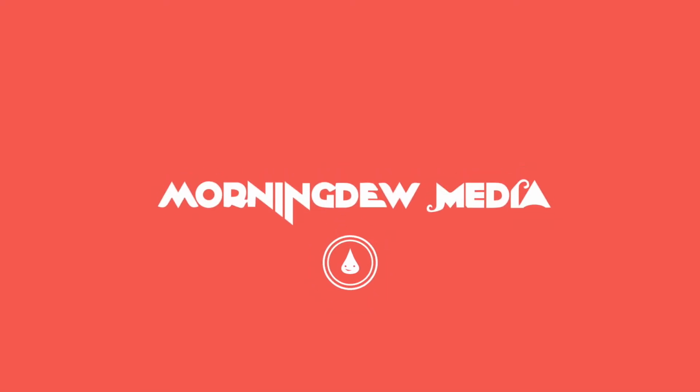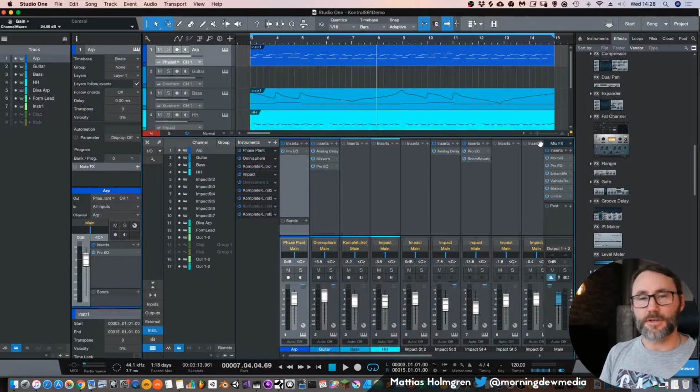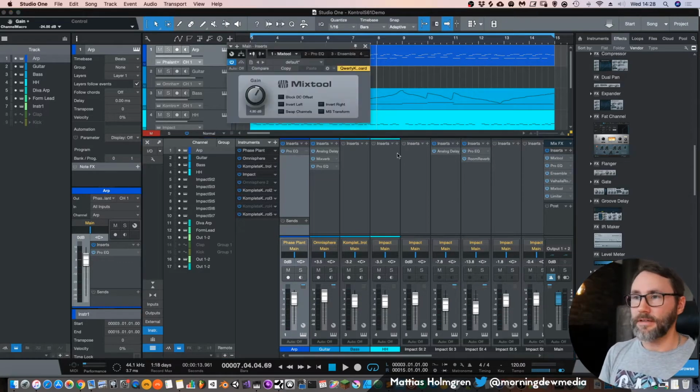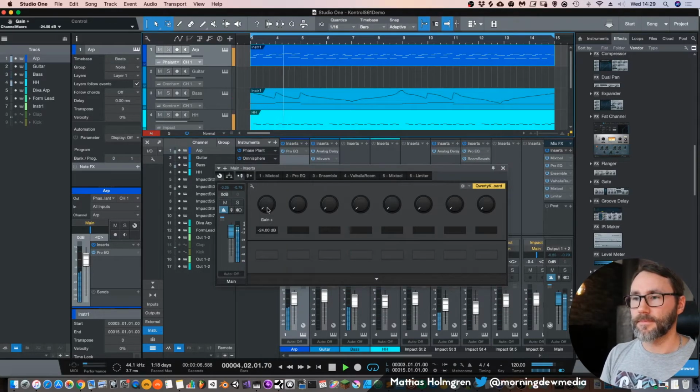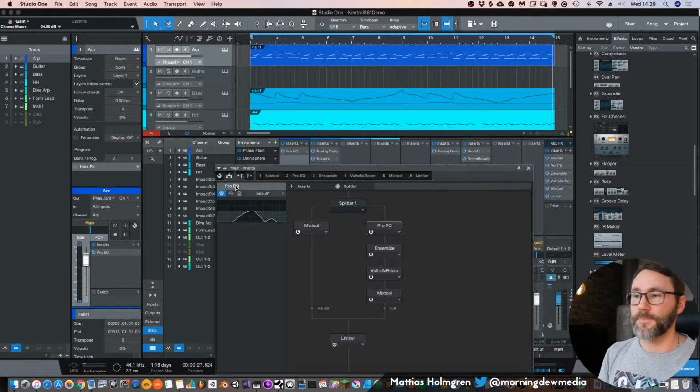Okay, so let's first listen to a quick demo here with the audio splitting so you can see what you can do with audio splitting. In this case, I'm doing some effects cross-fading. So that's one way to use the audio splitter to create this intricate crossfading between different effect setups.